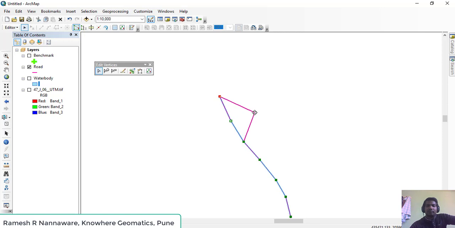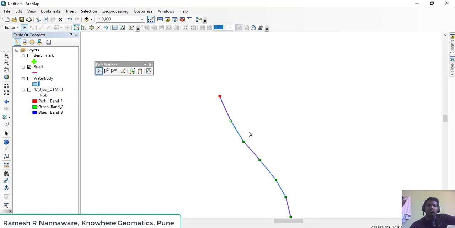Suppose I want to put it over here, so I will drag it there and simply release the mouse button. In this way, this vertex has been moved to this place. Now again, if I want to move that vertex to the original place, I will drag it back to the original place.